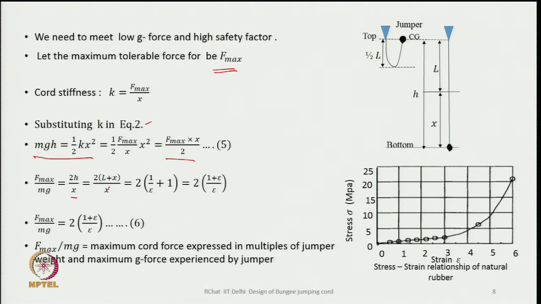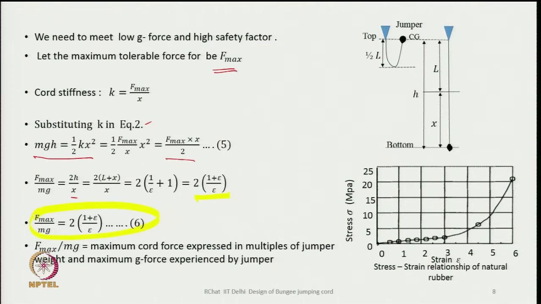H is replaced by L plus x, and then L by x equals 1 by strain. So, if we carry on, it is 2 into 1 plus epsilon by epsilon. So, F max by mg is this equation,